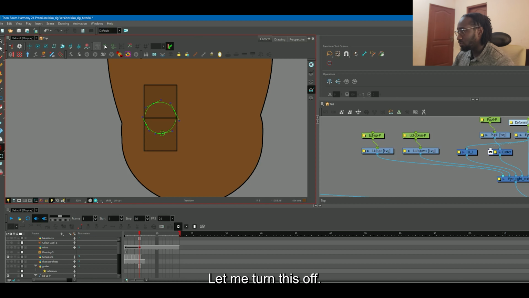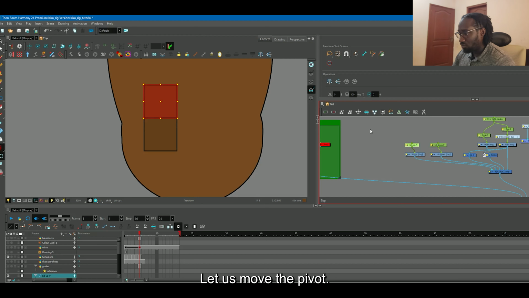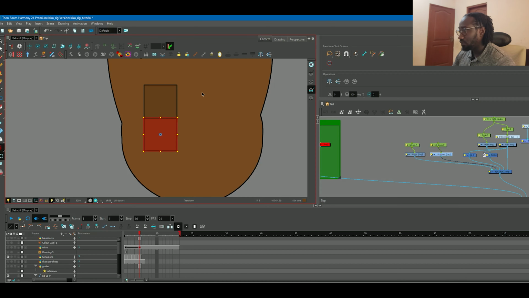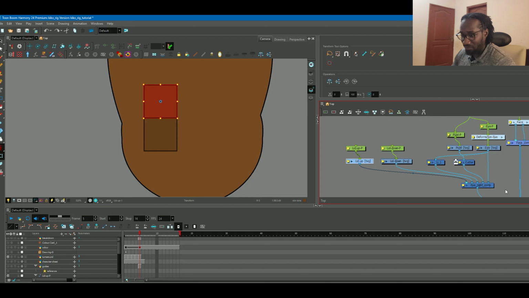Let me turn this off. If you don't need the information, you can just turn this off here. So now we have this, right? Let us move the pivot using our script. This is going to come in handy. So now we have this, but we need it to cut by the eye, right? So